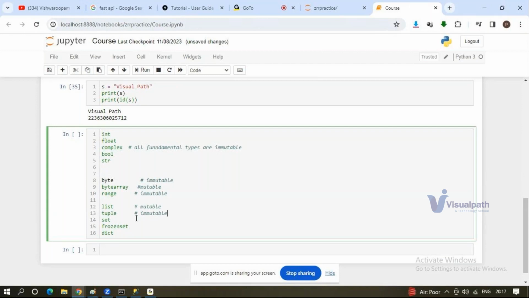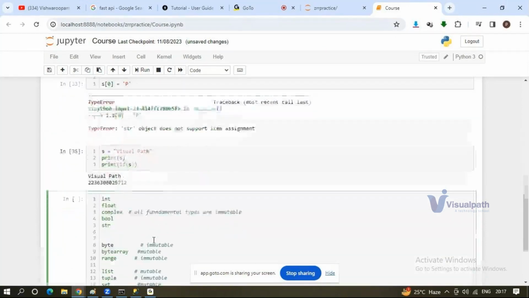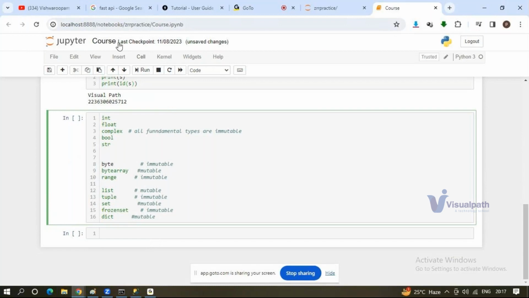Immutable, and set is mutable. Okay, and frozen set is immutable. At last, dictionary is mutable. Okay, so actually this discussion was done yesterday, and the next topic is